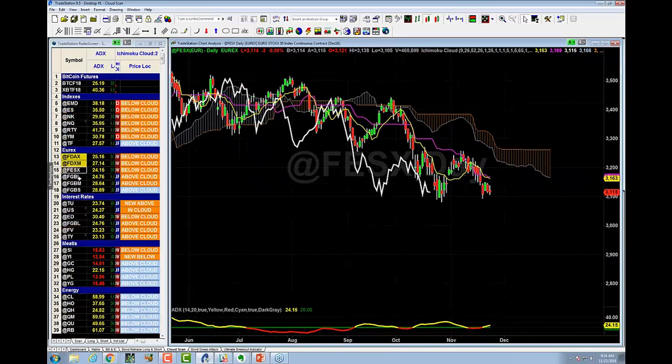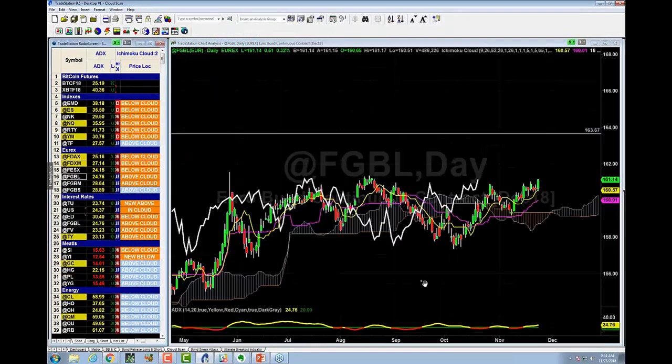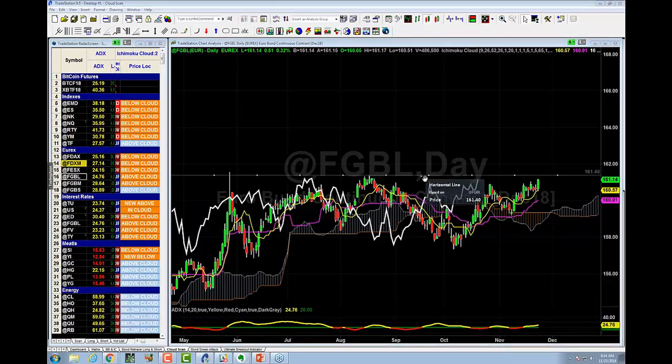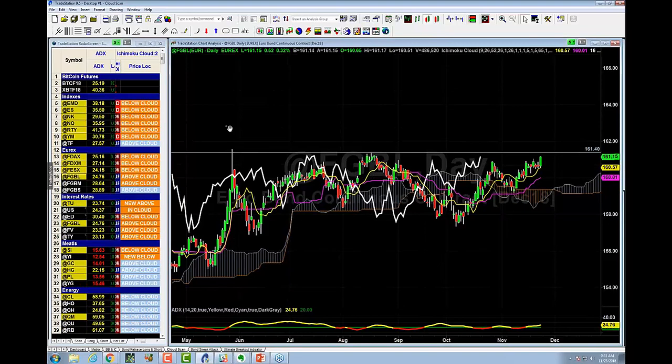Now let's take a look at the Bund, the German Bund. Ooh, look at there. What is that? Is that a long or a short? In this case scenario, what are you? Long, short, pass? That's a long, right? It cruised above the cloud here, pulled back, touched it again, and now we're taking out these most recent highs. That's a long. It's clearly going to want to go right back here, break that, and go back up above 162. Pretty simple, right? Now, if the Bund is moving higher, that probably means that our 30 and our 10-year are going to move higher.